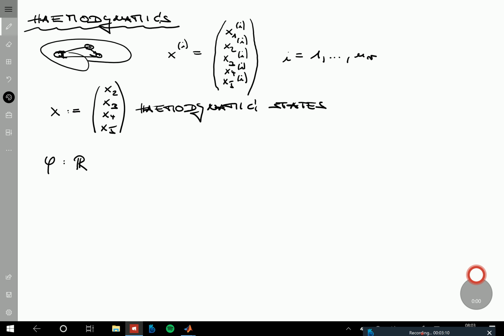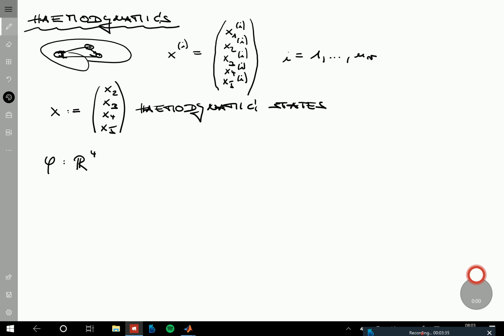The evolution function, like always in dynamical systems, specifies the rate of change of the state vector at a given time point, and here this rate of change is also, like always, a function of the state vector at the time point t itself, and this is 4-dimensional because there are